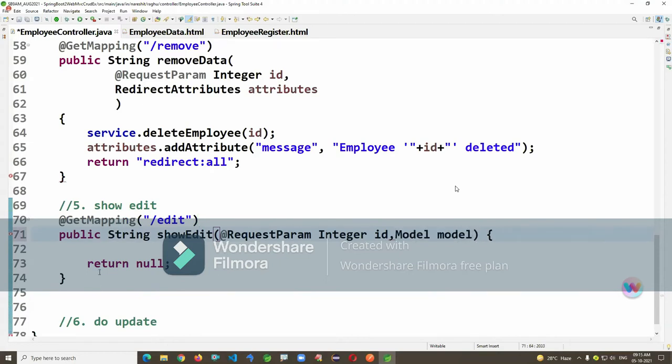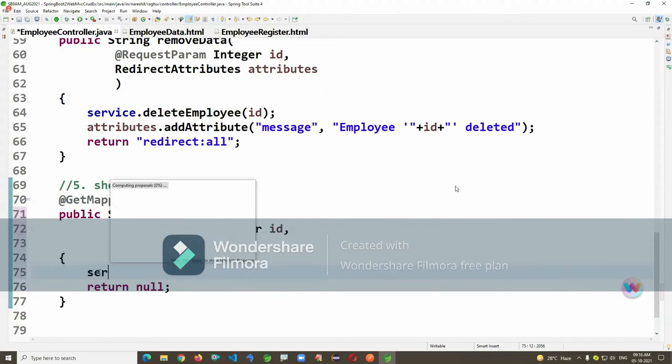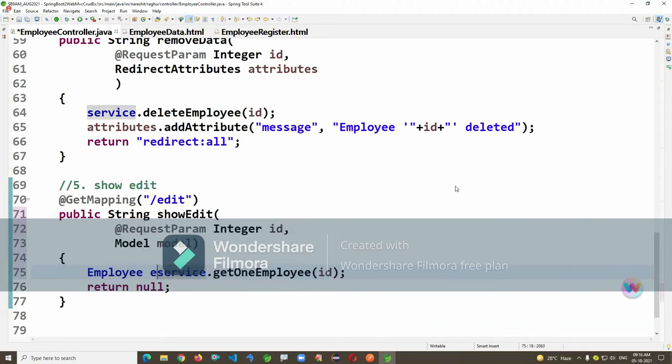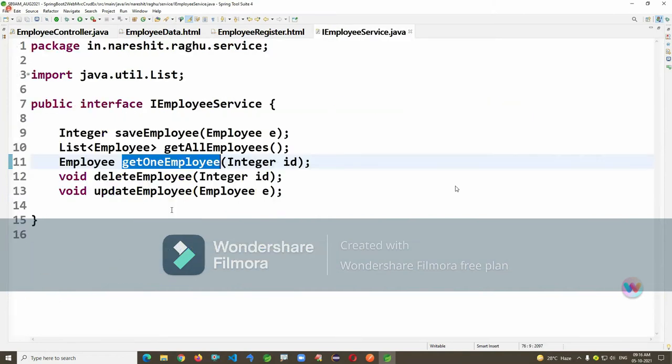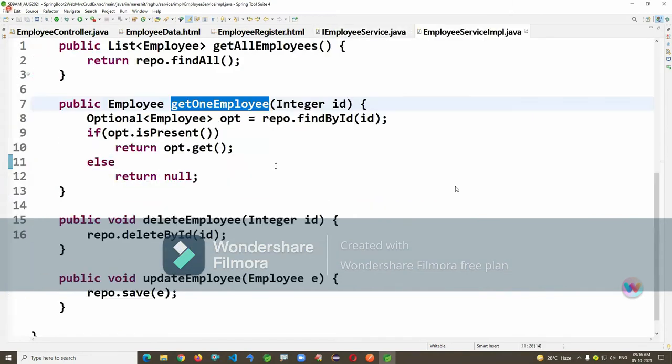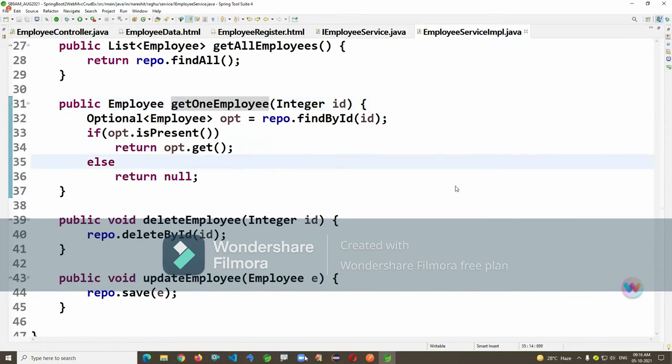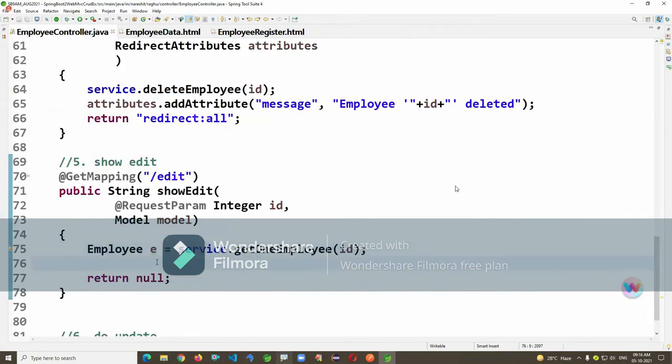There I'm writing here, service dot get one object, get one employee object. It's an employee. So if you give one ID which is actually not present, it may throw some null value. Actually, it will throw some exception, but it may throw null also. So here, temporarily, let this be. Now I'm just taking this object and sending it to UI. It's model dot addAttribute. Object name I'm just taking as employee, and it's an e. Go to the edit page, employee edit dot HTML, we have to create.